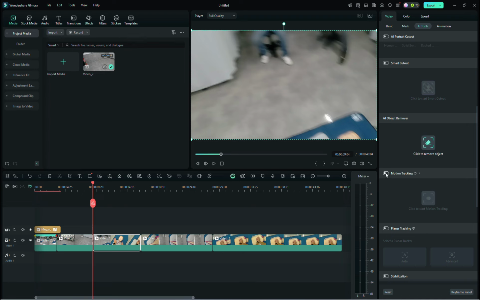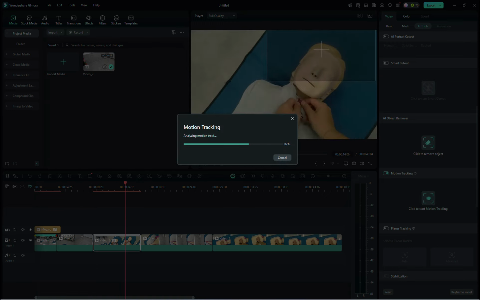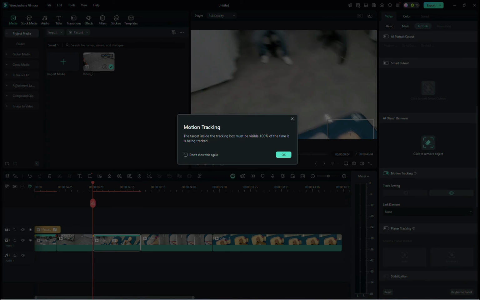So what we will do is enable the motion tracking. We will place it here on this corner where the face will start to appear, and we will click to start the motion tracking. You will see that it will stay centered on the part that we selected,